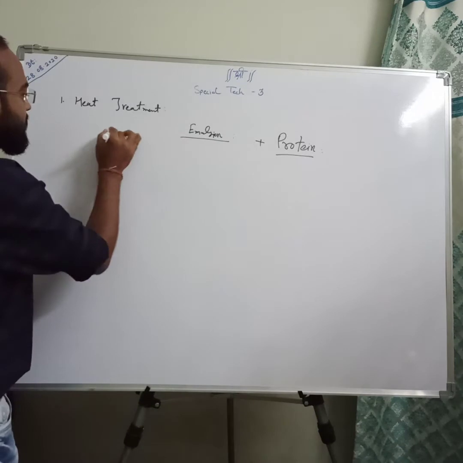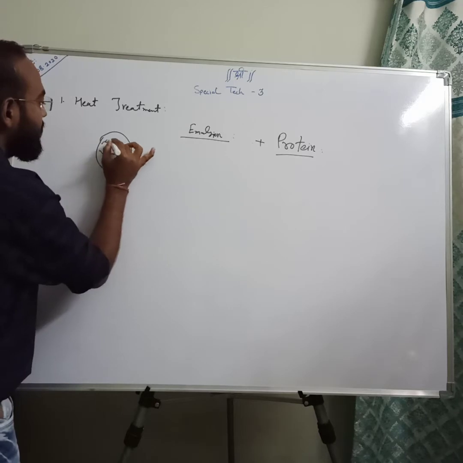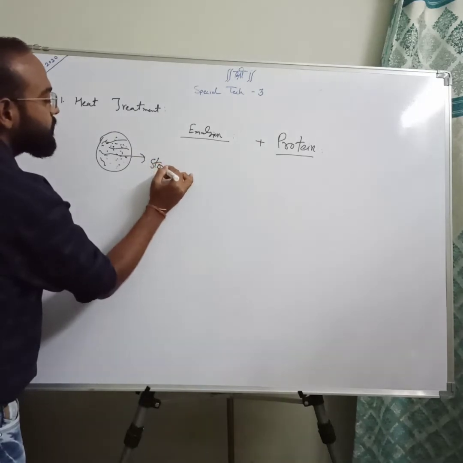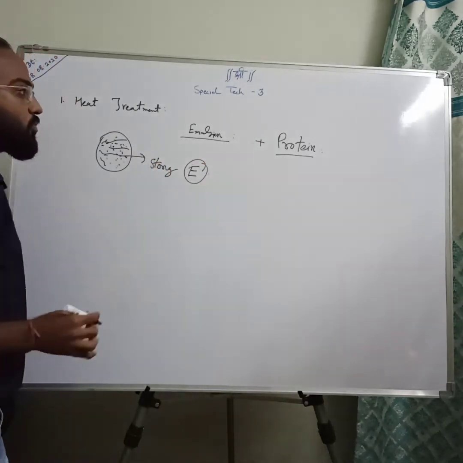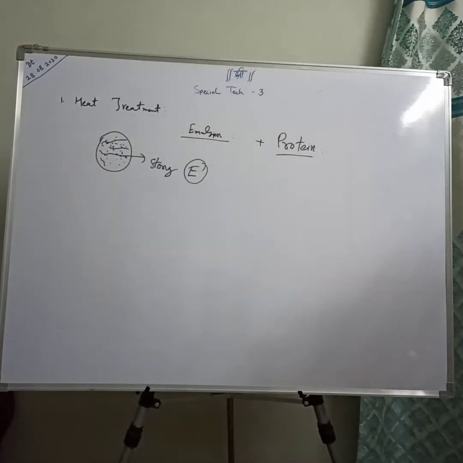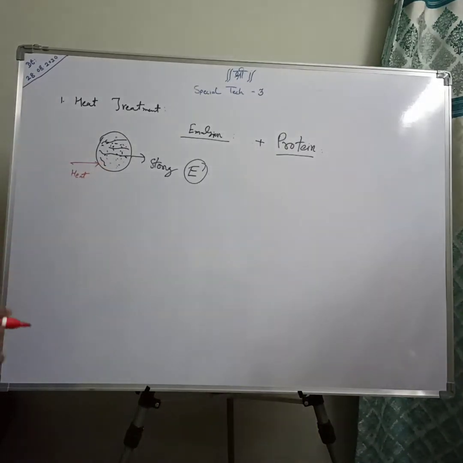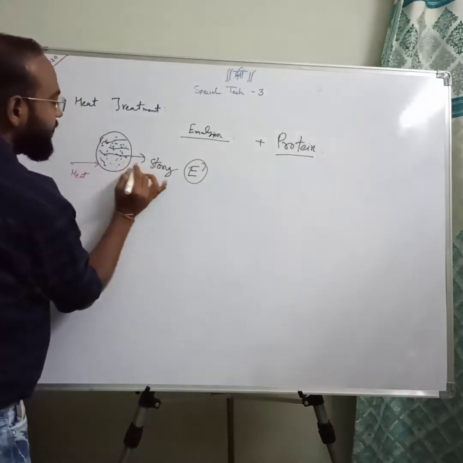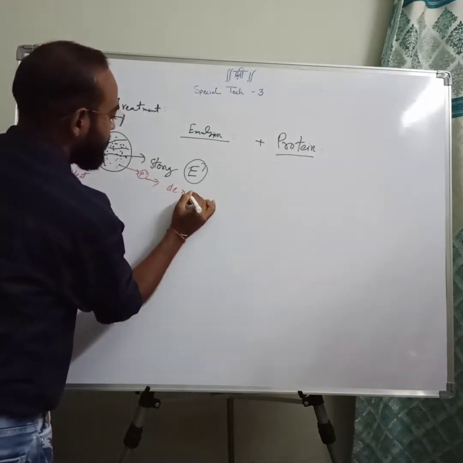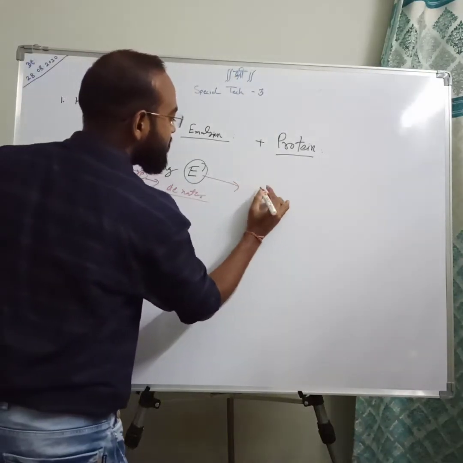So basically this is the seed. It contains some oil and some portion of protein. A large portion of protein is there. So it is in the form of strong emulsion. So what happens when we supply heat to the seed? When you supply heat to the seed in heat treatment, then the protein content in the seed starts denaturing. Denaturation of protein starts, and at the same time the emulsion starts breaking.